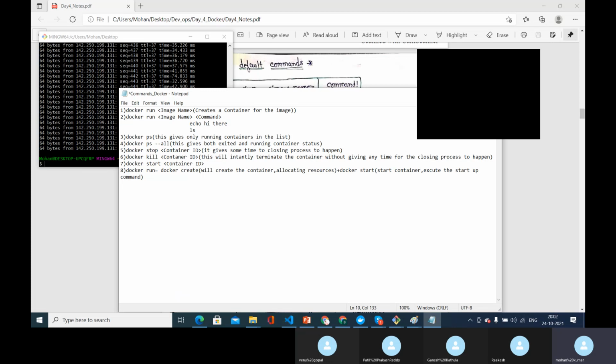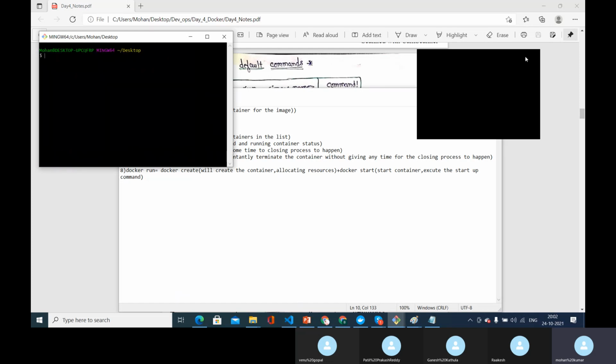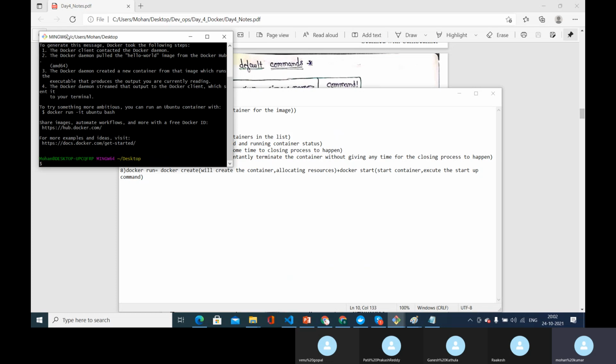Now, instead of directly running commands, let me clear this. When I say docker run hello world, we are seeing some output, right?